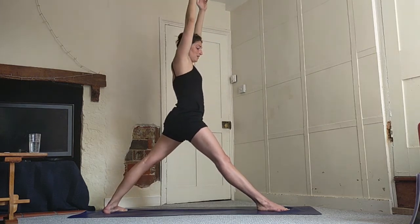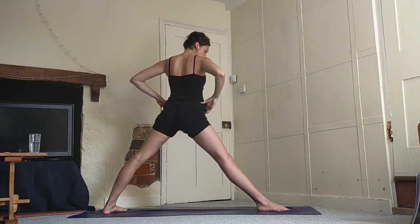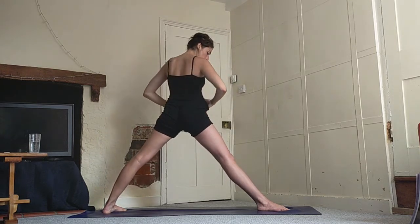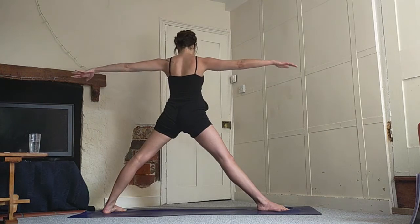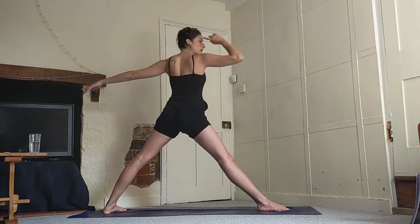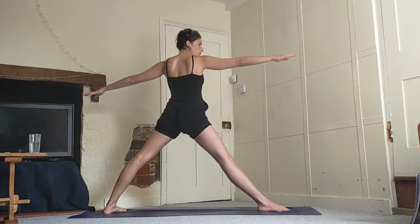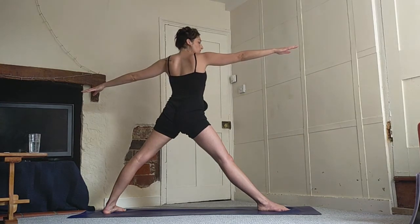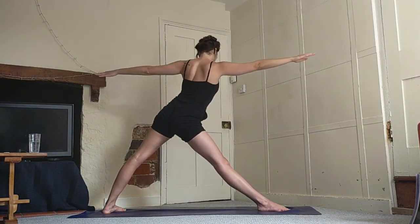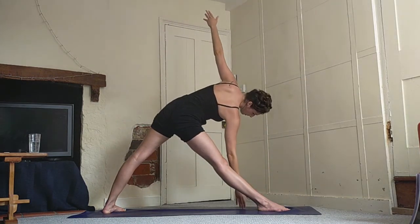Nice. From here, we're going to move. So we're opening out our hips now. So our hips are shifting from facing forward to now opening up and shifting to the side. So our gaze is still out in front of us, but our hips now nice and open. And from here, we'll inhale. Exhale, start to shift the hips towards the left and coming over, tilting over now into triangle on the other